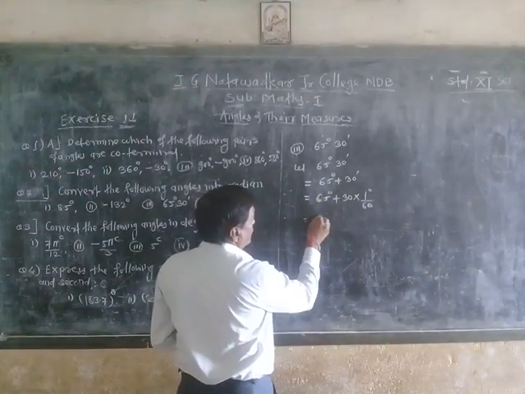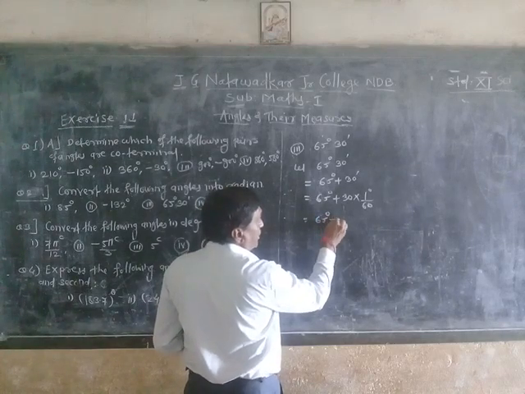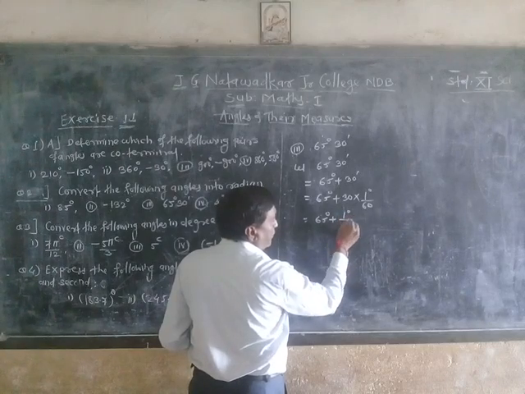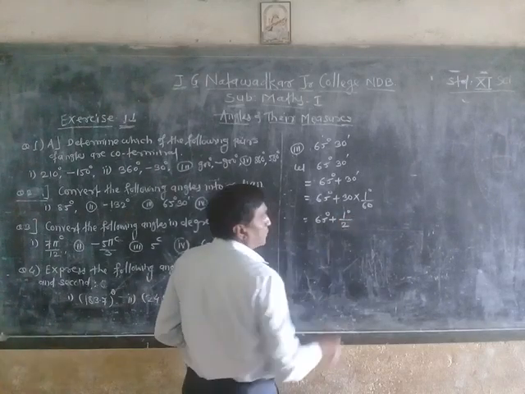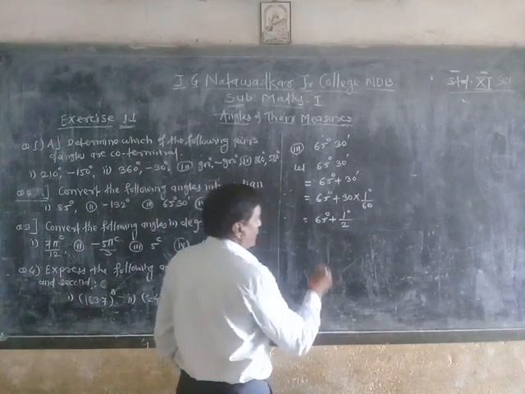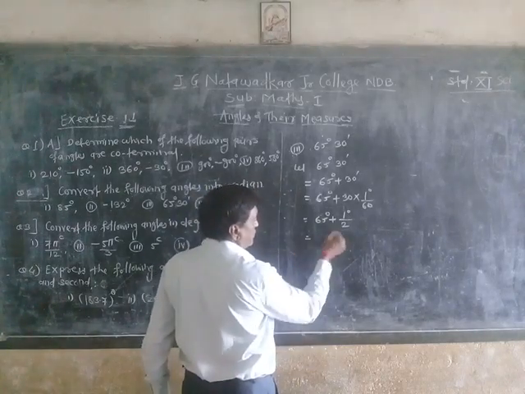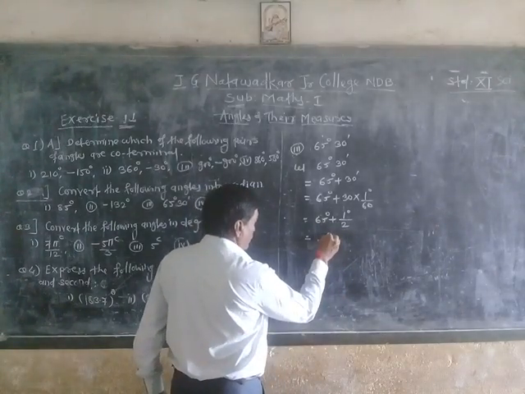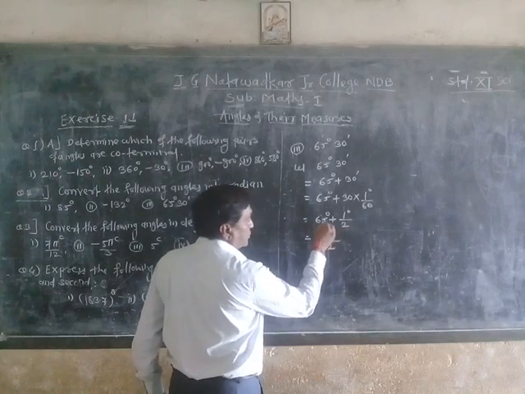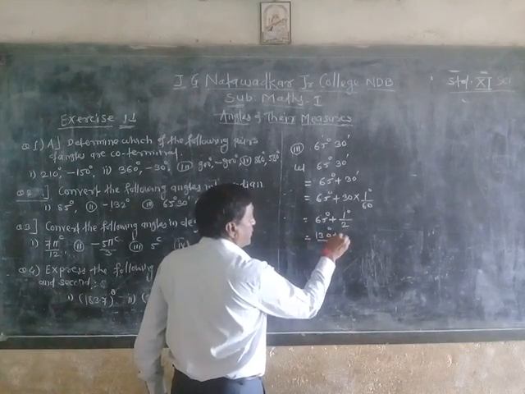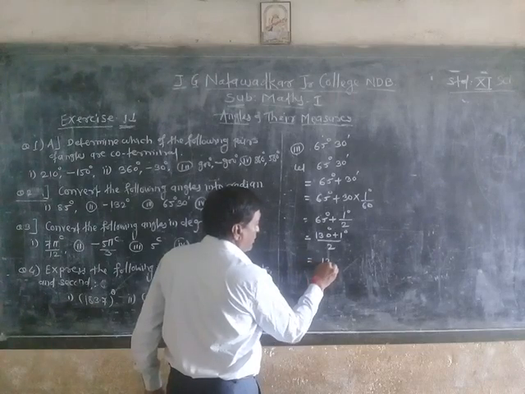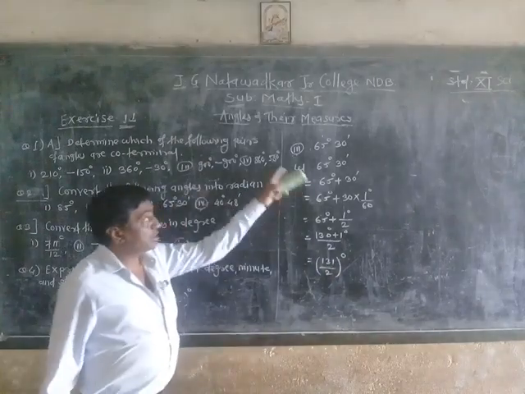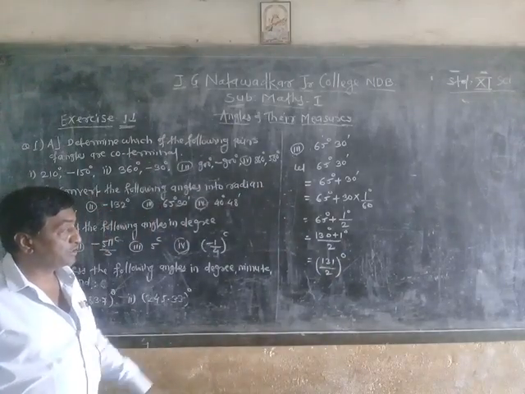Again simplify. So equal to 65 degrees plus, now here 30 over 60 is 1 degree upon 2, otherwise 1 half. And so I will simplify this by taking the denominator as 2. So multiply here by 2. 2 fives are 10, carry 1. 2 sixes are 12 plus 1 is 13, so 130 degrees plus 1 degree. And so finally it is 131 upon 2 degrees. This is the conversion of 65 degrees and 30 minutes into only degrees.